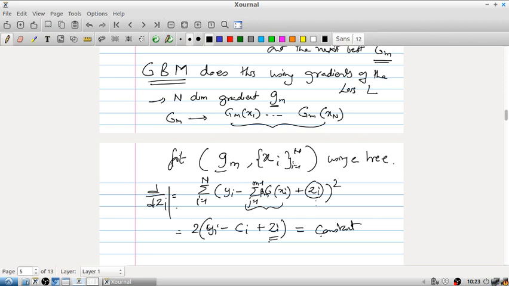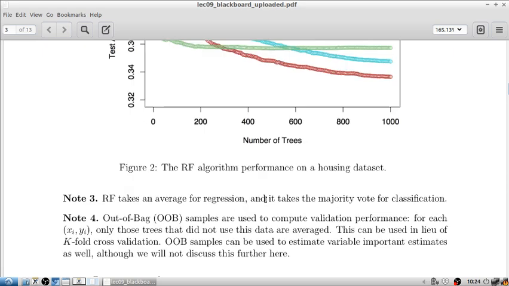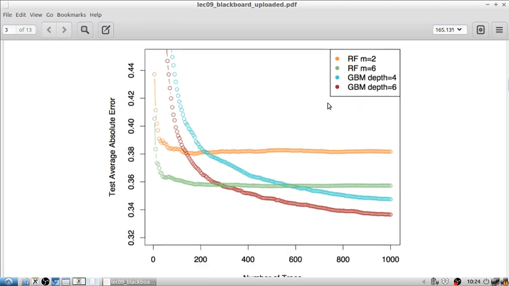Yeah, so you just compute these n numbers and then use these n numbers as targets for your tree building, for example. That's it. So that's gradient boosting machines for you, and they have really good performance. In this note, there is a small example where we are showing the performance of random forests with choices of m. I don't know what the actual input variable dimension p was, I'm not sure, but there was a choice of m, which is, for example, here 2 and 6,